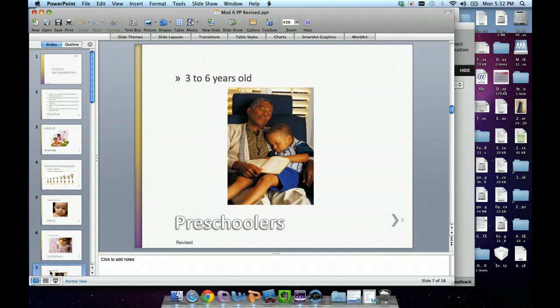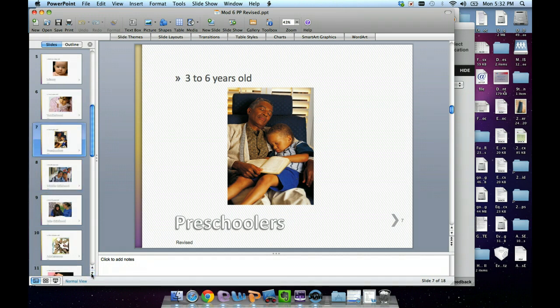Preschoolers, 3 to 6 years old. Preschoolers grow in height, but not as much in weight. Developmental tasks include developing and understanding family relationships, learning rules and consequences, increasing vocabulary and communication skills, performing more self-care activities like feeding themselves and brushing their teeth, even though they may not do it well, and understanding differences in genders,